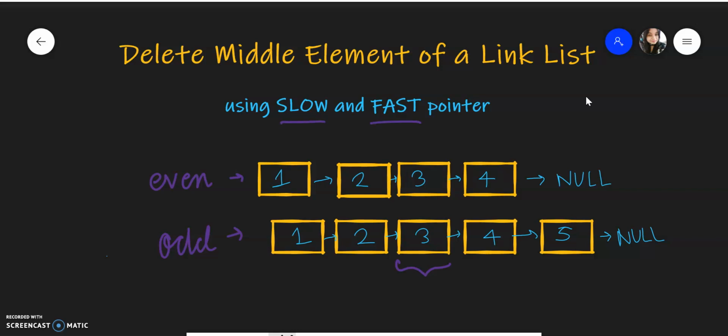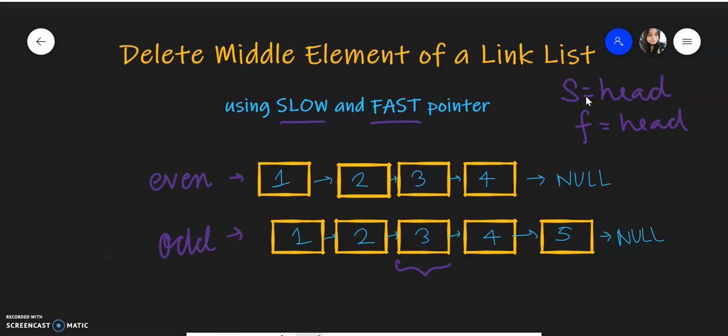Don't get overwhelmed by these fancy terms. In a couple of minutes you will know what the fast and slow pointers are. If you are not familiar with linked lists, just go and brush up a bit and come back. Now let's see. We'll have 2 pointers, S, which will point to the head, and F, which will also point to the head. Let's do it first for the odd number of nodes.